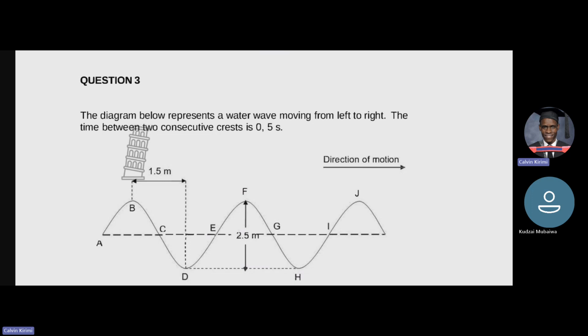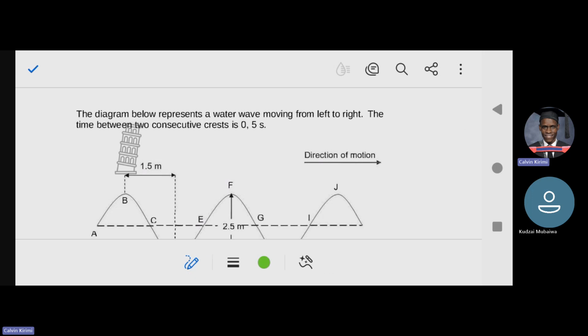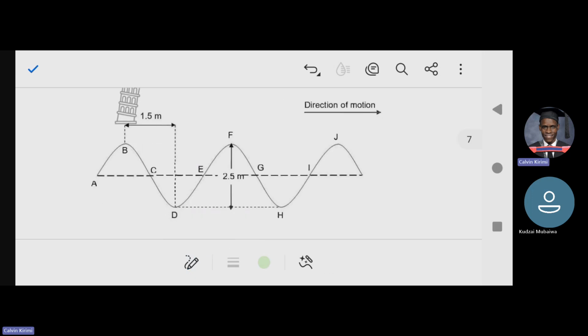Then let's go to number 3. The diagram below represents a water wave moving from left to right. The time between two consecutive crests is 0.5 seconds. In other words, that's the time they've given us. When they talk of consecutive crests, it means the time to complete one